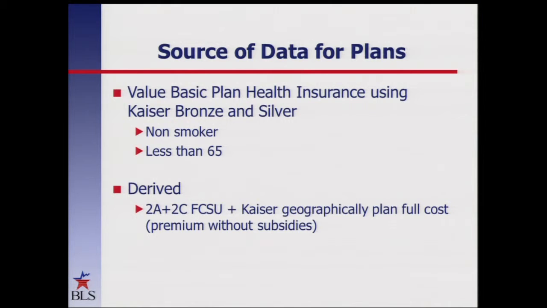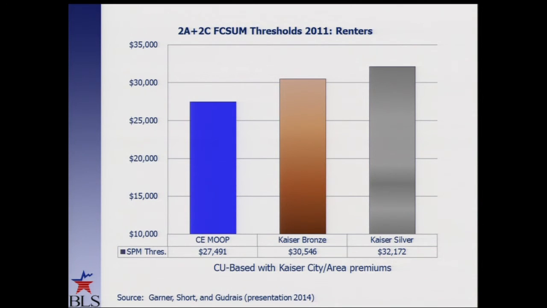So if your state is interested in looking at the impact of health care in your program, you can use your state exchanges, not only to get the value of the plan for the threshold, but also what you need to add for the resources, because you're going to have that data. You're going to have the out-of-pocket, you're going to have their premium, and you're going to have their benefit. For those that do not, you can at least get a threshold using the Kaiser plans. But I'm not quite sure what you're going to do for your subtractions and additions on the resource side. You can at least come up with the thresholds.